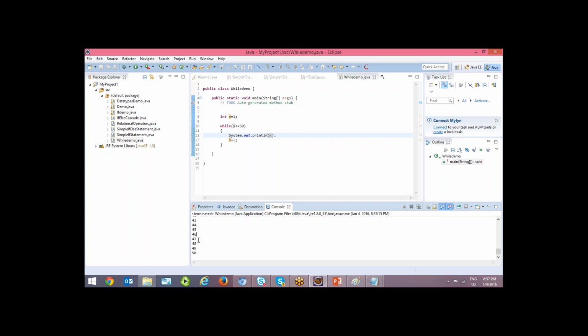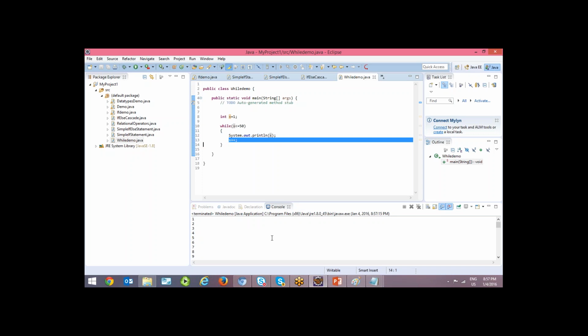So instead of printing each and every successive number, I would like to print products of 5. Let us say x is equal to 5 and x asterisk equal to 5 means x equal to x into 5 every time. Initially it is 5, 5 into 5, 25. Like that every time it will take.